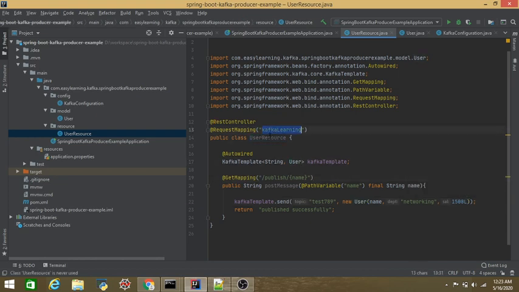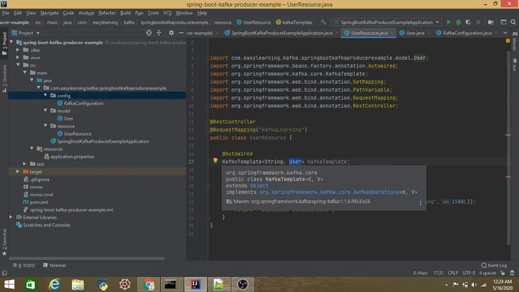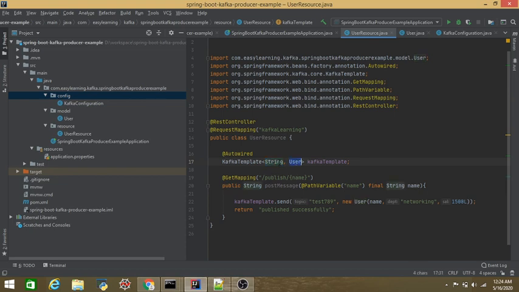Now the important part, the third step, is to create a configuration. As I told in the last video, if you are sending string messages, because Kafka template by default accepts the string data type for your message, we did not have to serialize or do any kind of configuration.